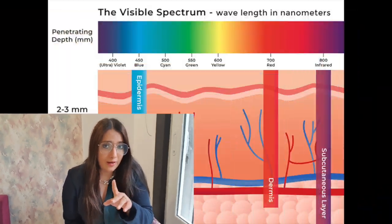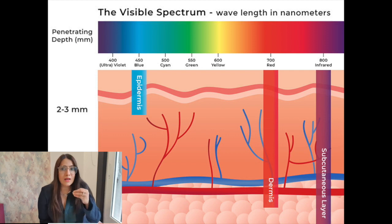So what exactly is this LED therapy? It stands for light-emitting diode. So it's a light-based therapy. So I'm inserting a picture out here, and if you see that light, although it sounds very simple, is quite